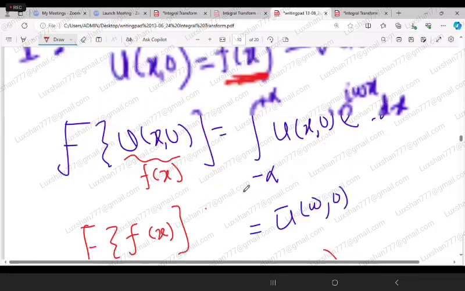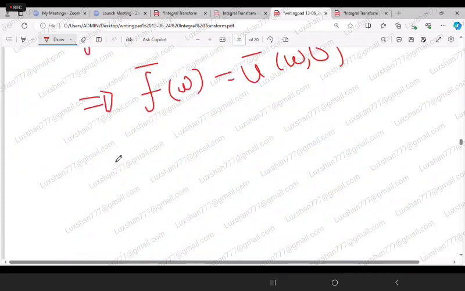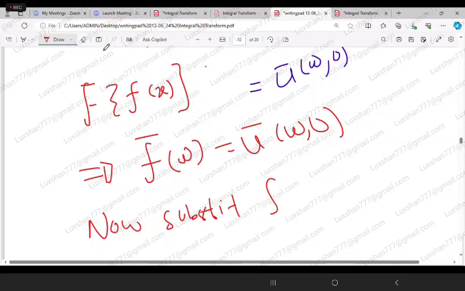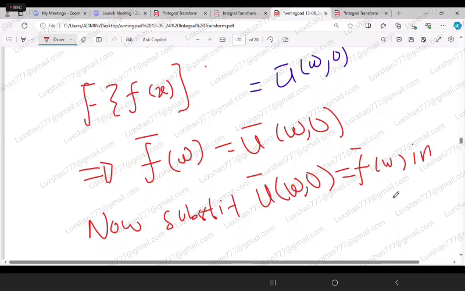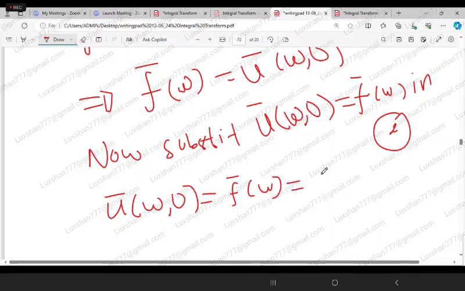So now we'll take this one and again substitute it in this one, the second one. Now substitute f. So u bar omega 0 equals f bar omega. So what we get, u bar omega 0 equals f bar omega, and we have a